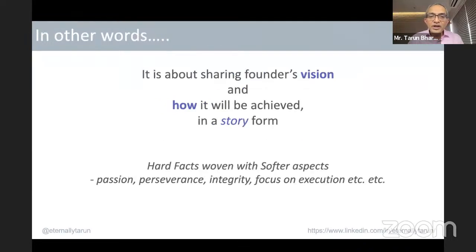So to put it differently, in the pitch, it is all about sharing the founder's vision and how that vision will be achieved or realized in a story form. This is something that you will hear time and again, and I think everybody you talk to will talk about it in a story form. So what is it that people are talking about when they say story? So for example,